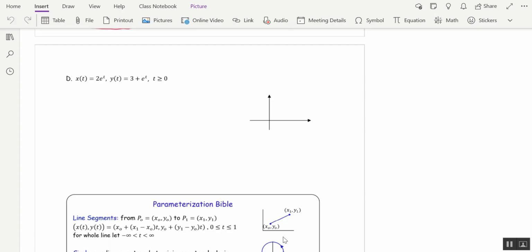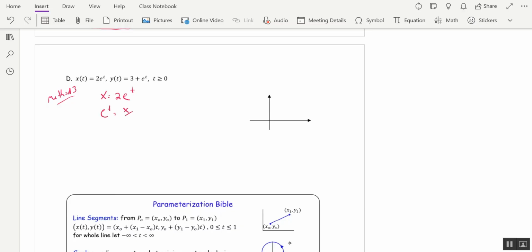Okay, so now an example of one using method 3, which is a little bit vague. We could use method 1 and solve one equation for t and plug it into the other equation. However, if we look at both of these equations, we see that they both have an e to the t in them. And so we could just solve one equation for e to the t and plug it into the other equation. For instance, we know x is 2e to the t. So e to the t